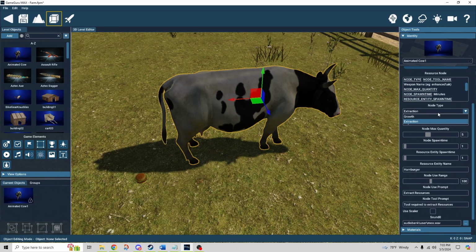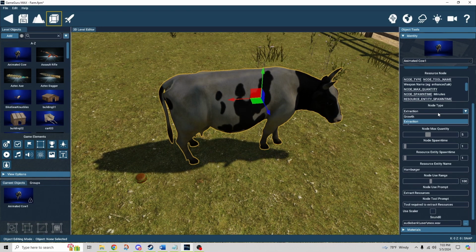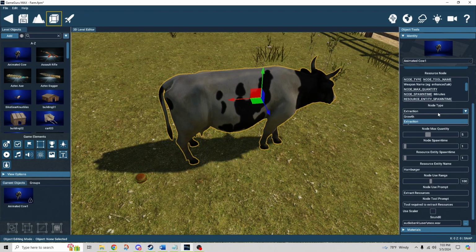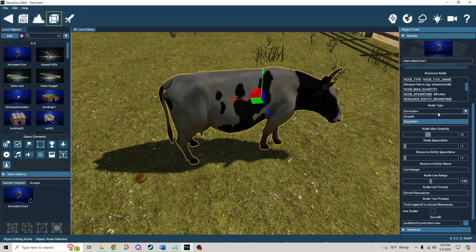If you had a tree and that tree was meant to produce, say, apples, for example, that would be growth. It's growing the apples over a period of time and it produces up to the amount that it's supposed to produce. And then you collect those apples and then it continues to produce more over time. That would be growth. In my case, I have to physically extract the hamburger from the cow using the knife,